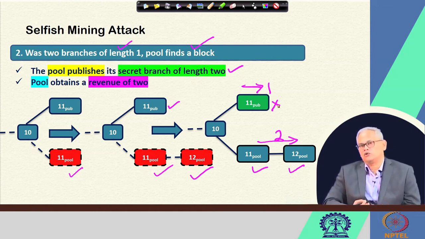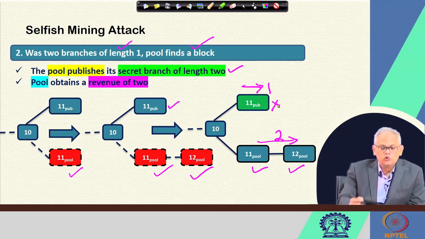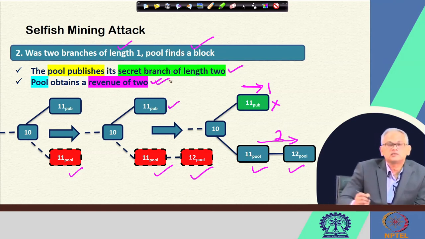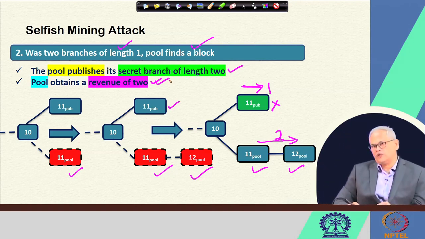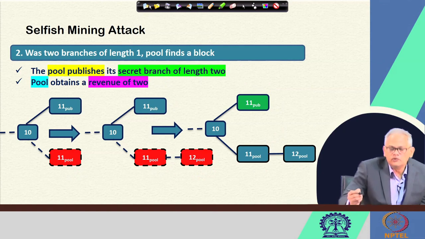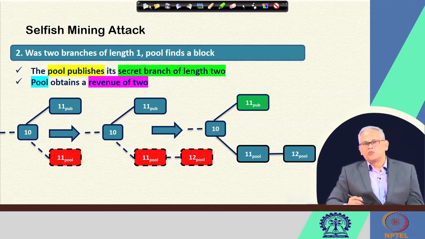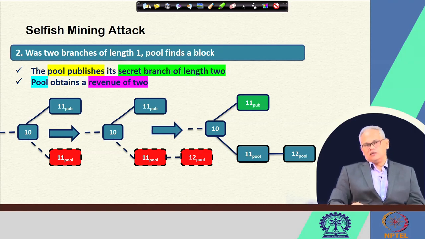So, that miner is not going to get the payment for generating that particular block. So, effectively what happens, the pool obtains a revenue of 2. The pool gets the revenue which is there for generating each block, like 6.25 bitcoins or whatever is currently valid, and this particular pool, or the attacker, will now get the revenue for 2 of the blocks. So, why we are explaining that is so that you will then be able to follow when the attacker is going to divulge its chain and try to get the revenue.